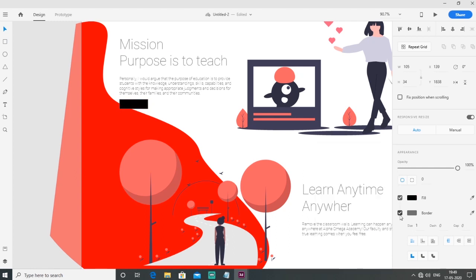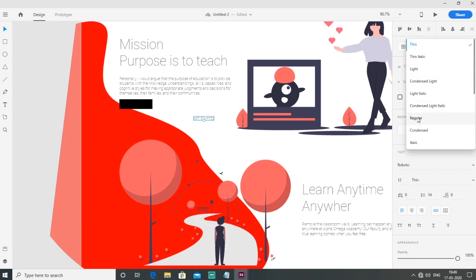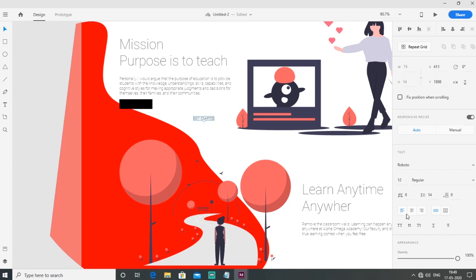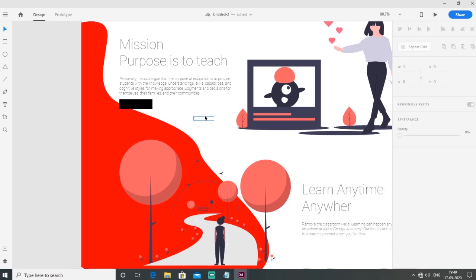Fill color is white. Border color is none. And go to the text tool and just write rest. Change the size 12 and style regular and color is white.